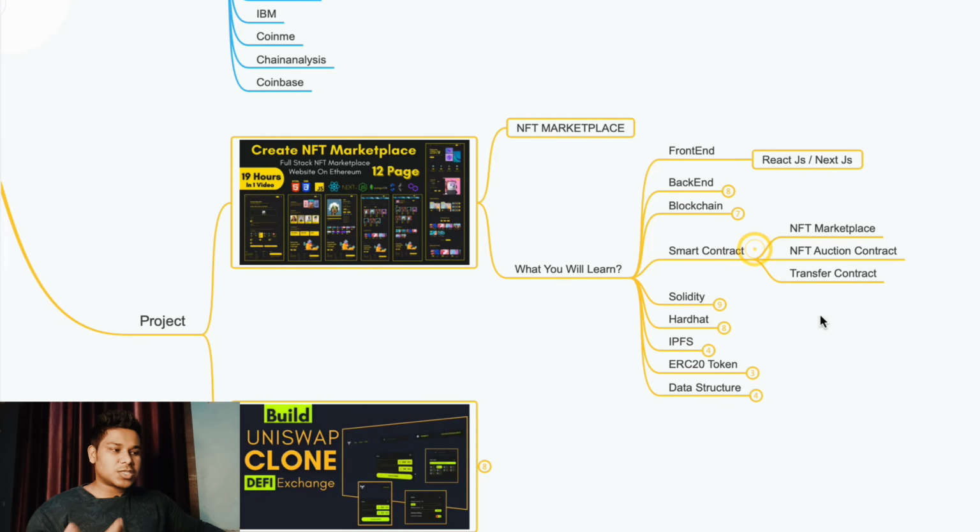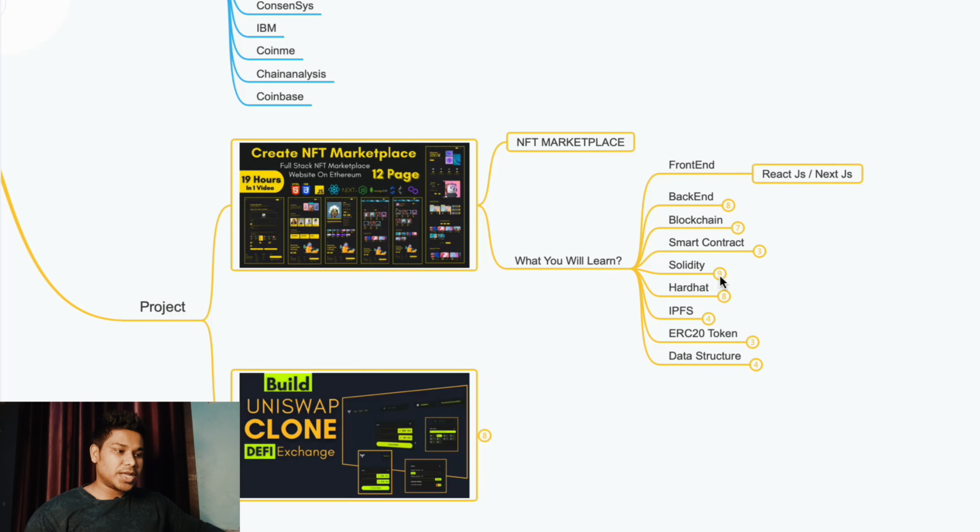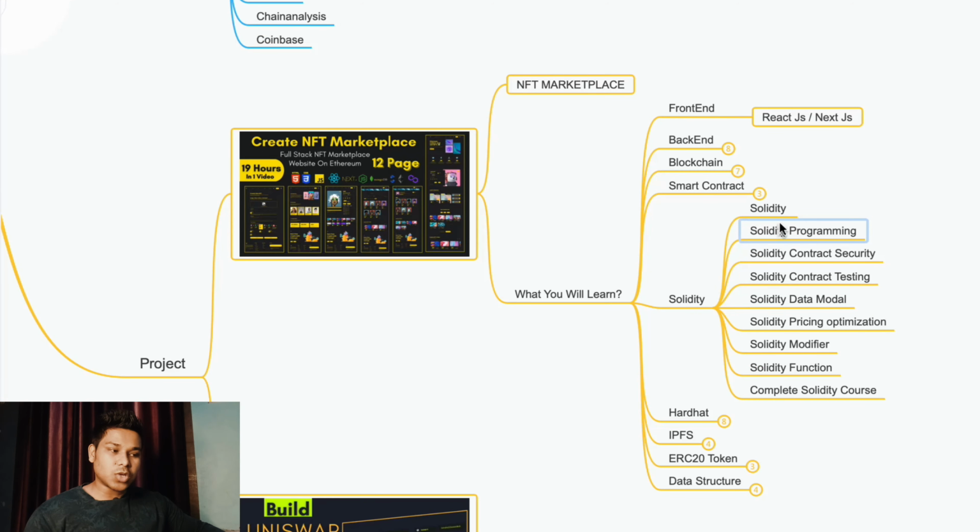So these are the 3 smart contracts you're going to write into this project. Now let's come back to the Solidity. In the Solidity you're going to learn about what is Solidity, the Solidity programming language, Solidity smart contract security, smart contract testing, the Solidity data model, gas optimization, modifiers, functions, the complete course. So you will learn everything about the Solidity programming language,